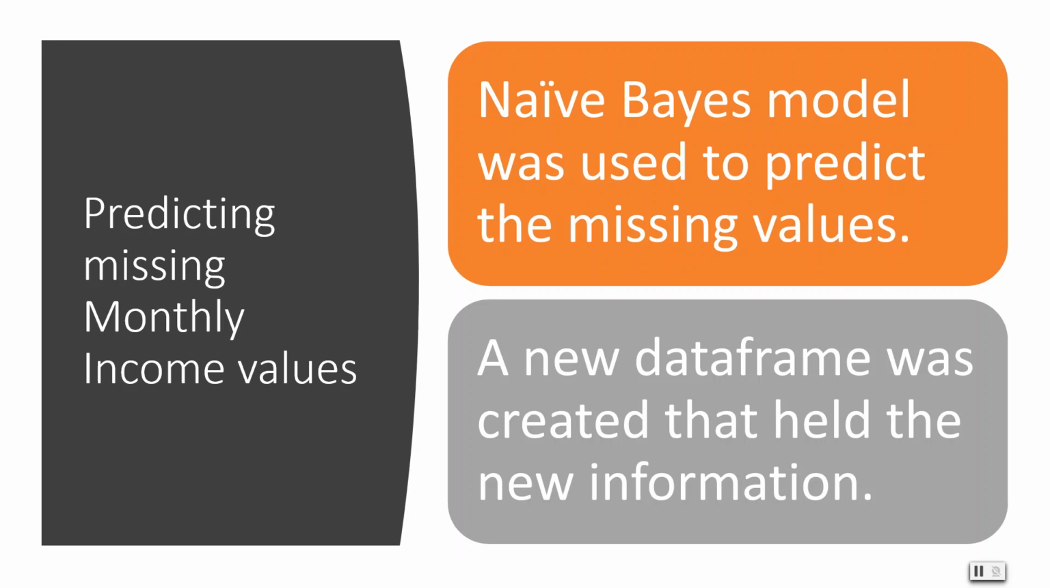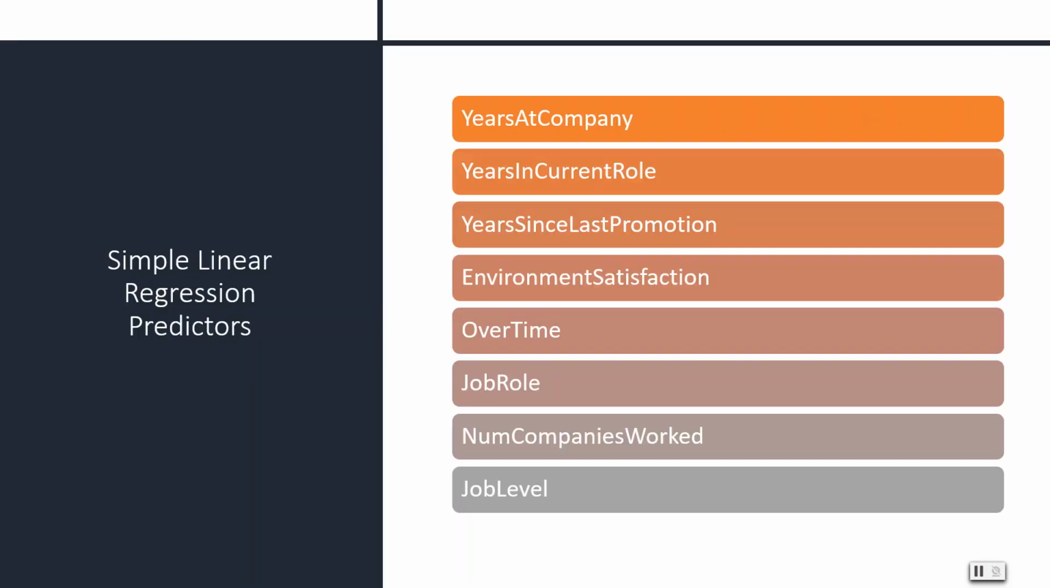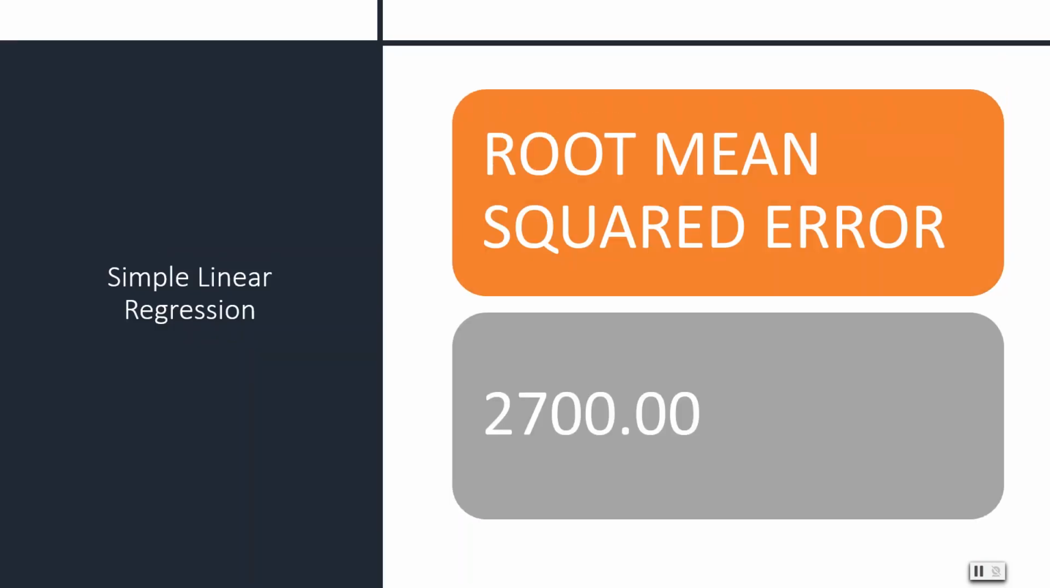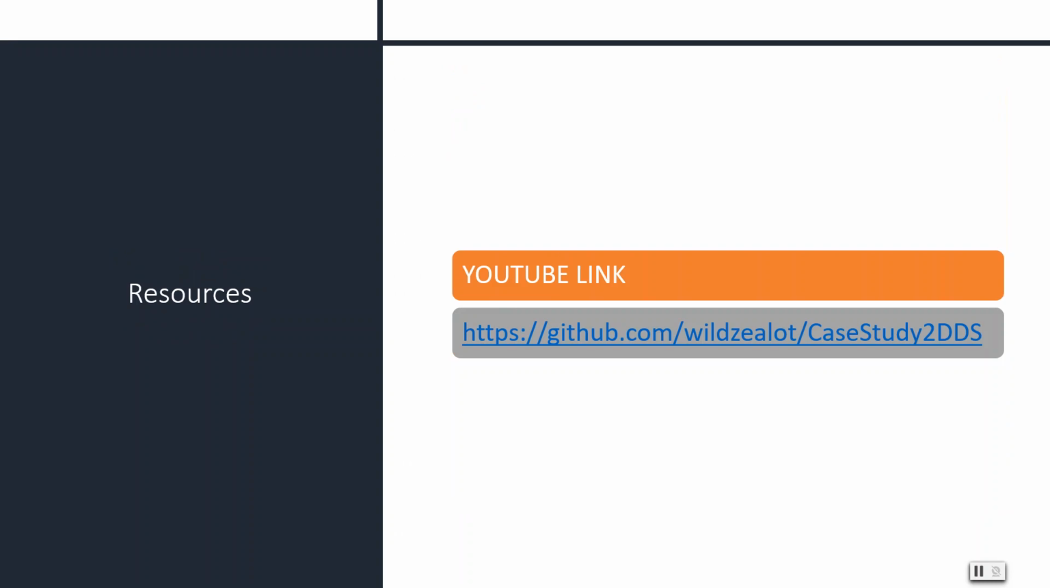And then when it was time to predict the missing monthly income values, I used that same naive Bayes model. With these predictors, I was able to determine that the root mean squared error was 2,700, well below my 3,000. Lastly, everything that I've presented here can be found at my GitHub,